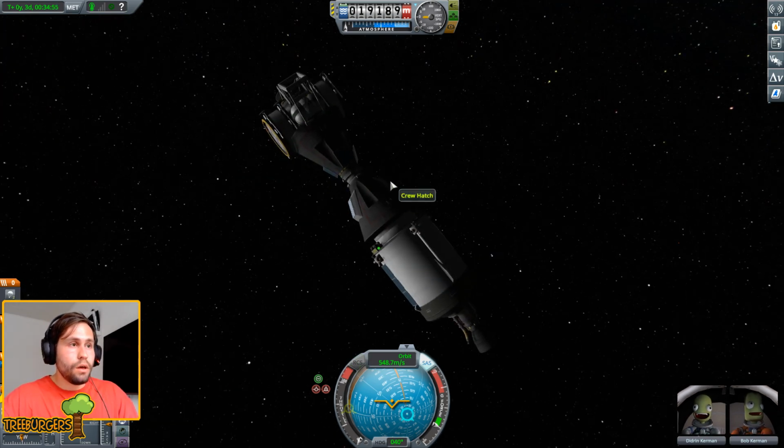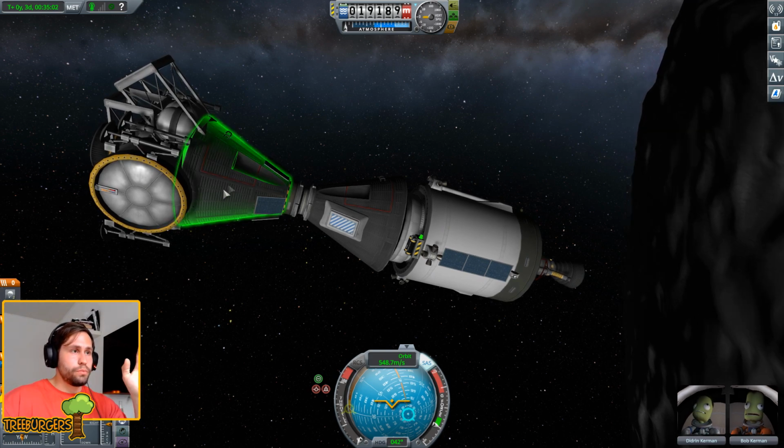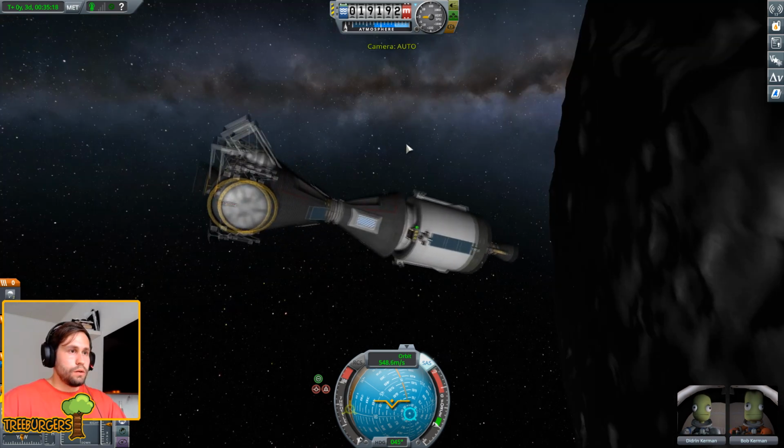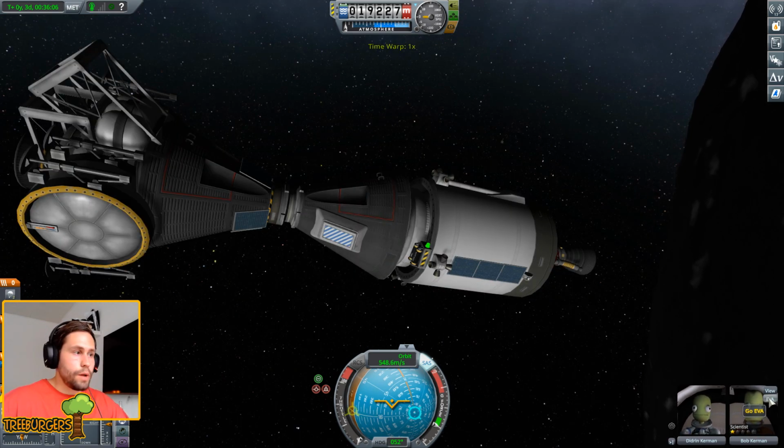RCS stop. Whew. Okay, so we made it this far right now. We're here. So now we just have to get back to Earth. Right, so we got the vessel. Let's remember to actually transfer the crew. So if you grab Bob Kerman